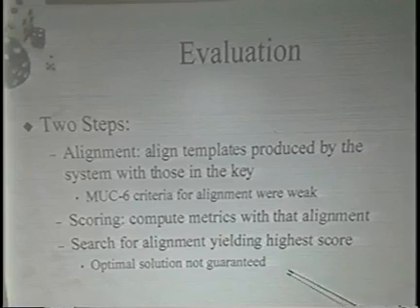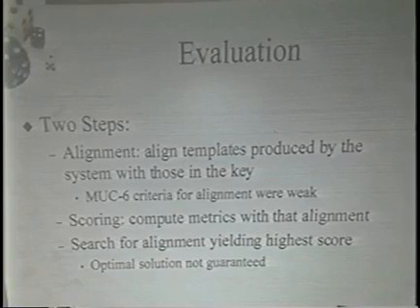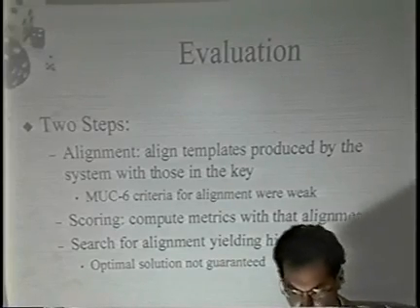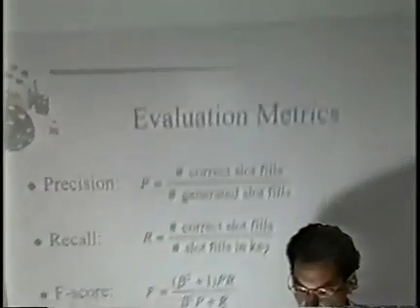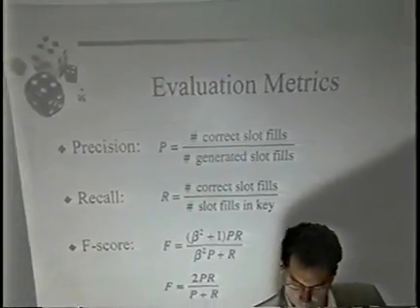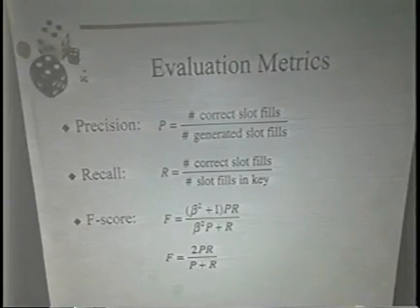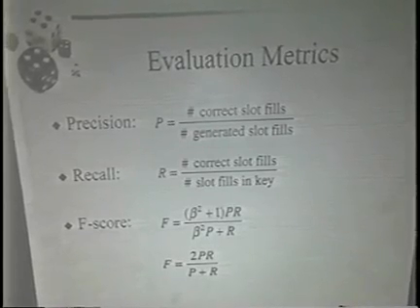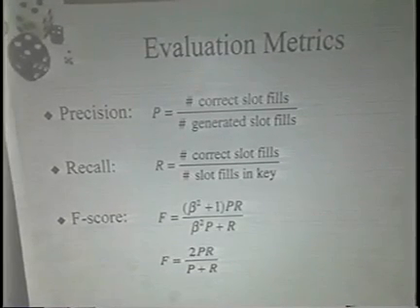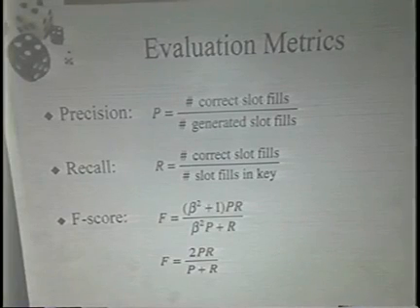And because it's essentially a greedy process, an optimal solution isn't guaranteed, but we kind of expect one because while graph matching isn't an NP-complete problem, these graphs aren't that large. The actual metric is being used as well: first we borrow from information retrieval the notions of precision and recall, in this case measured at the slot level. So the precision is the percentage of slot values that the system creates that are correct, that is, that are in the key, and recall